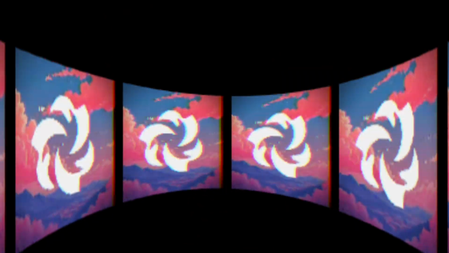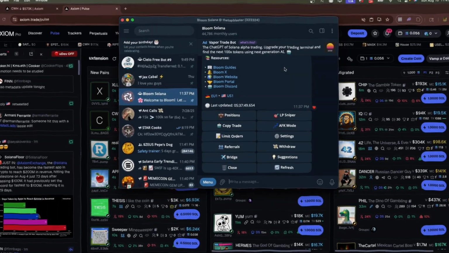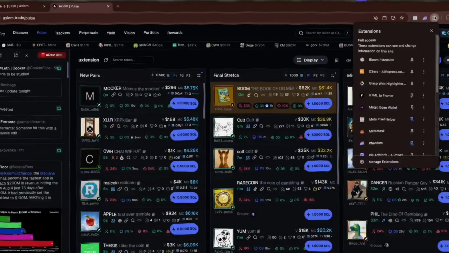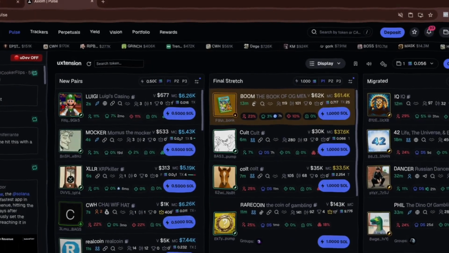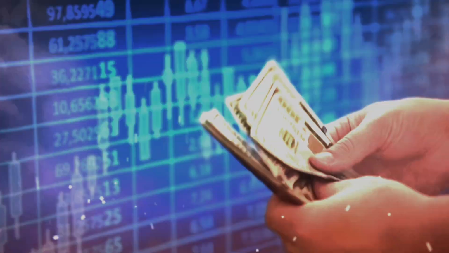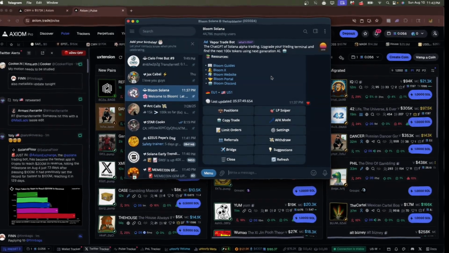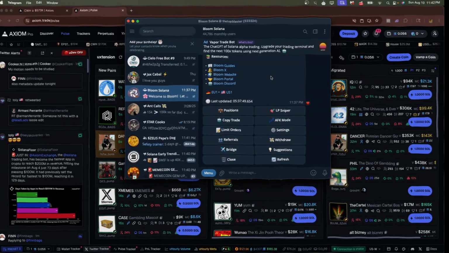What is Bloom, right? So Bloom is a Telegram sniper. Not only that, you can also use the website version, or you can use the overlay, which is an extension to use over your Axiom or whatever. Now, the thing that's so nice about Bloom is, first of all, it's free. And second of all, for these kinds of tools, you're having to pay upwards of like $1,000, $2,000, $3,000, because this has custom nodes, copy trading features, so many different features. And surprisingly, it's quite simple to use for how complicated the tasks can be,